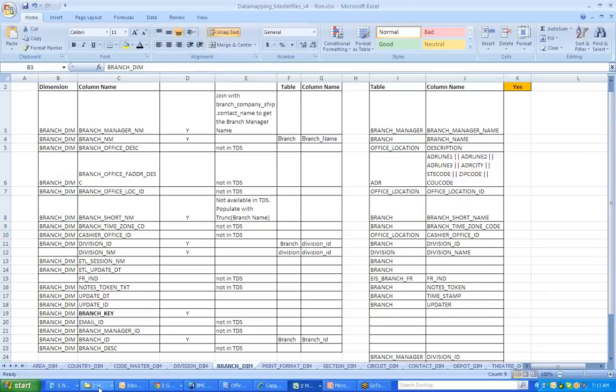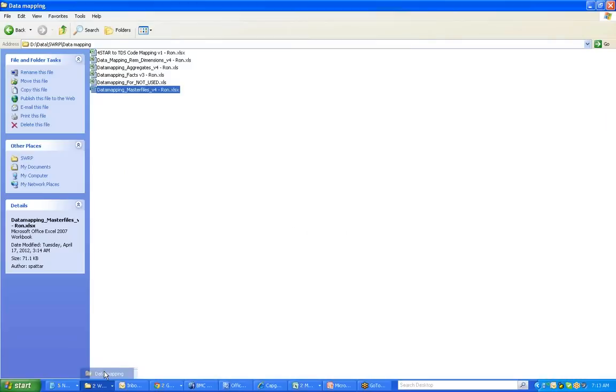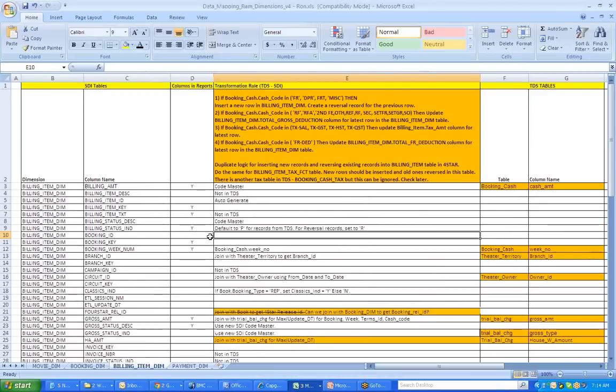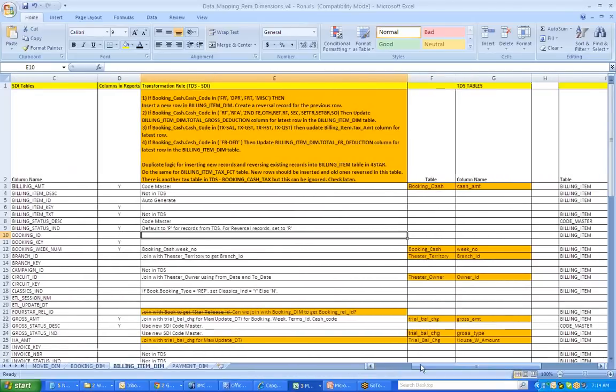Okay, let me show you. If you see here, this is one business rule which you have to apply when you are loading the data into any of these dimension tables. This is the condition. They have just given it at a high level, that this is what you have to use. Based on this, you have to build the Informatica code. You will be changing the logic inside the transformations and loading the data.